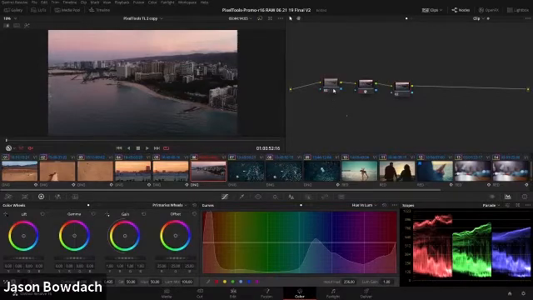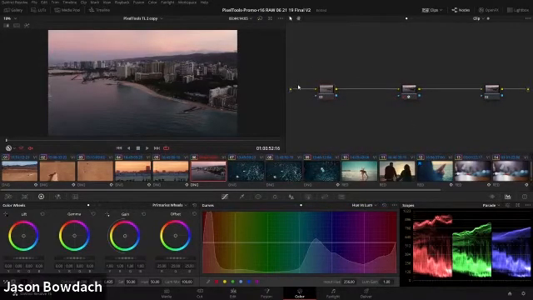But because this is log data, and I'm in Resolve, I have complete control of my color pipeline. I can see that my data comes off my hard drive right here. I have an empty node here. My image is going from log to Rec. 709, and then I can do something here. What this node allows me to do is work with that log data. And a lot of the tools inside Resolve are specifically made to do that.